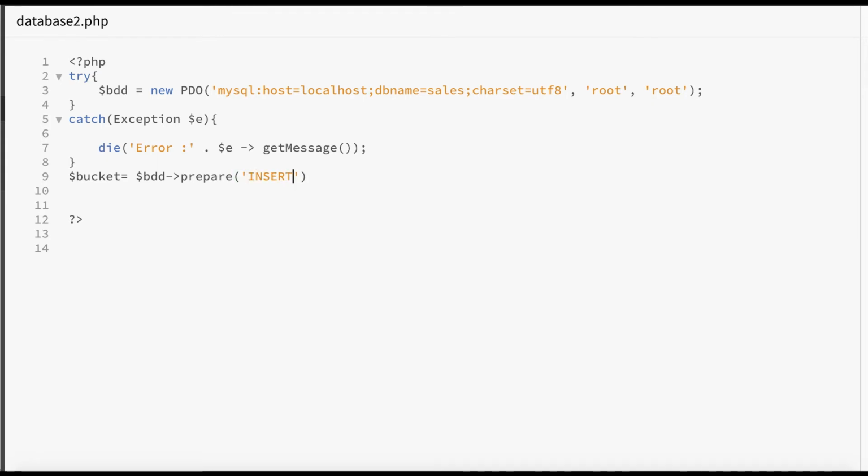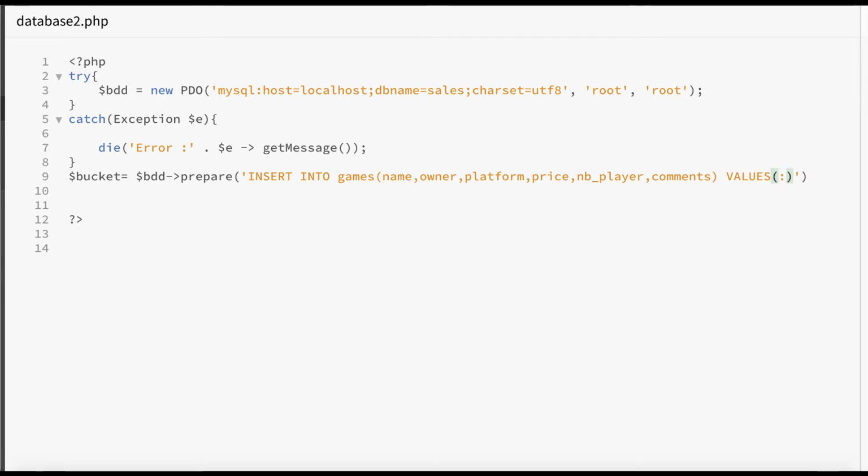That will be insert into games. We have here a name, owner, platform, price, number of players, comments. To that we will give prepared values.